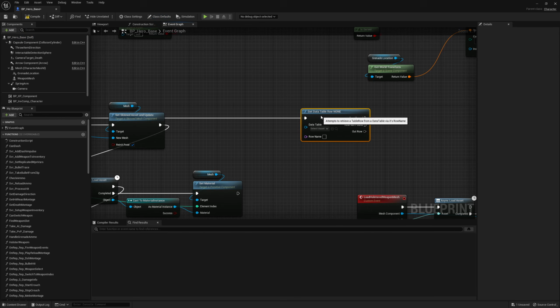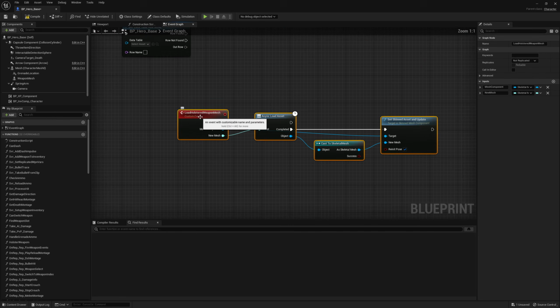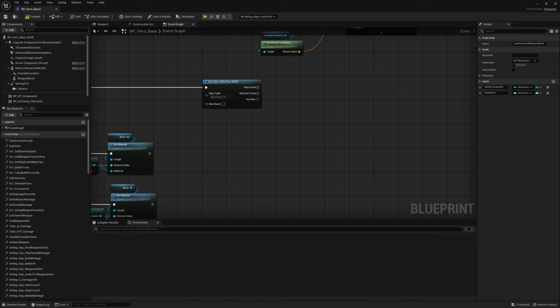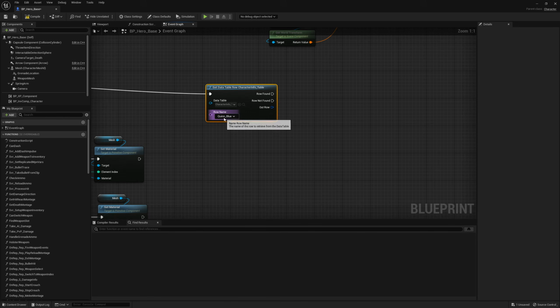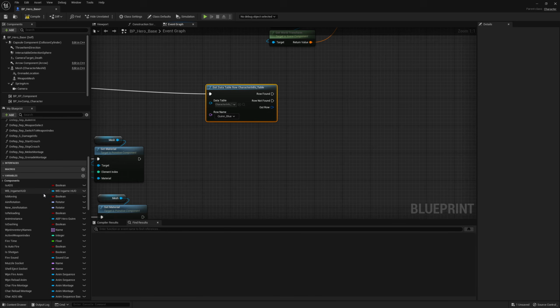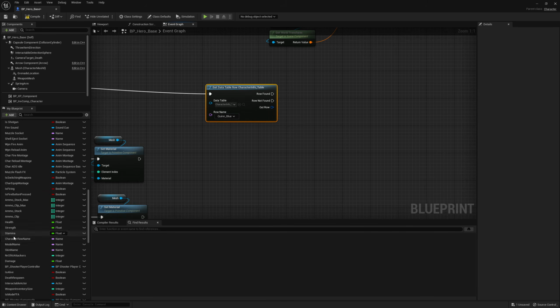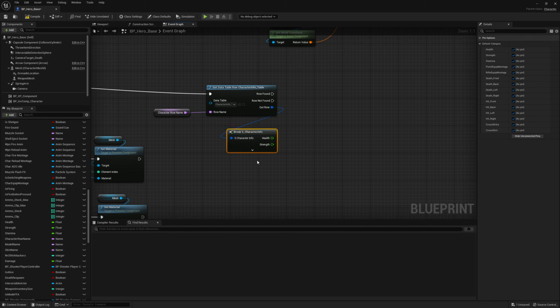And we do actually need a bit of room in here. That's not too hard. Let's move this over. There we go. So we have a bit of space to work with. We need the correct data table, and that's the character info table. We can simply select it over here. Now we need the character row name, and that should actually be inside of our variable somewhere. If you look for it over here, character row name, we can simply plug it in. So let's break the out structure,